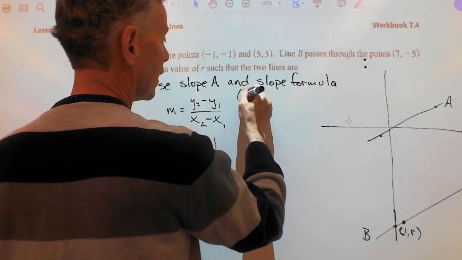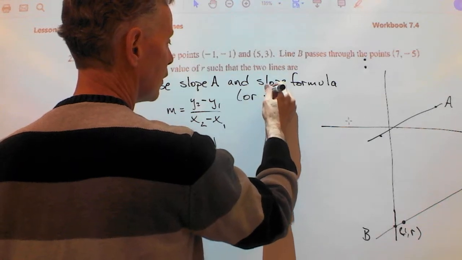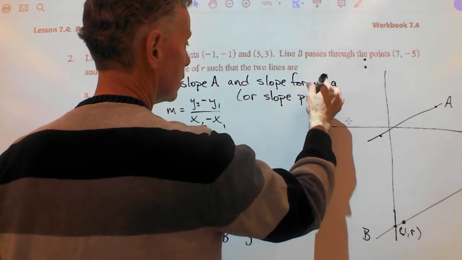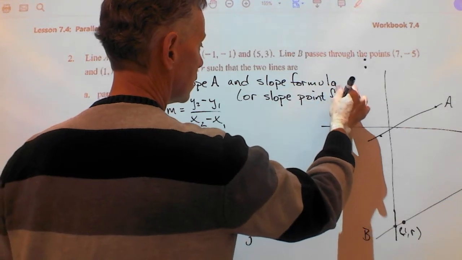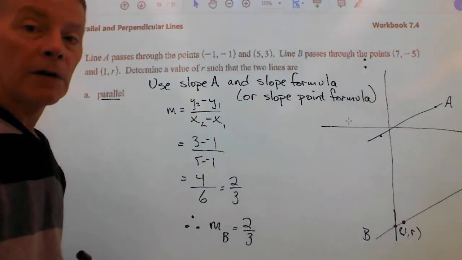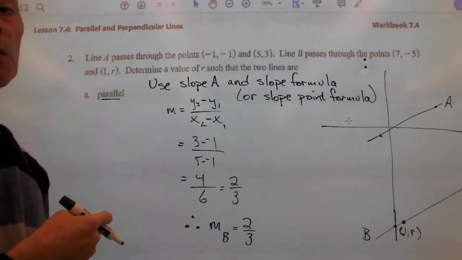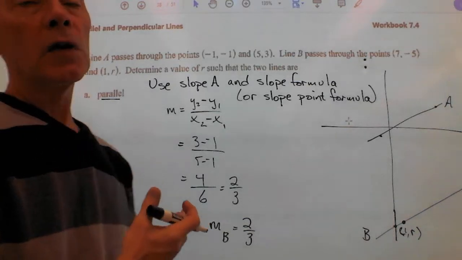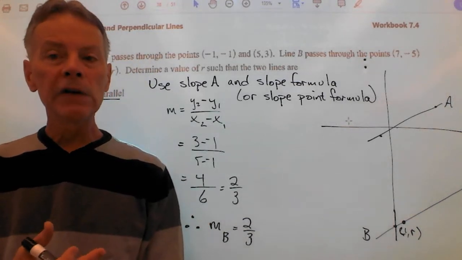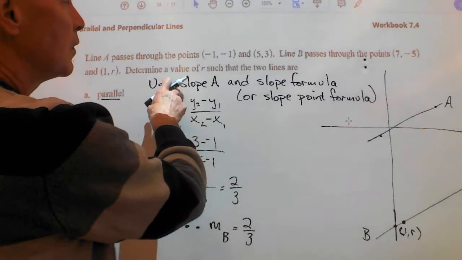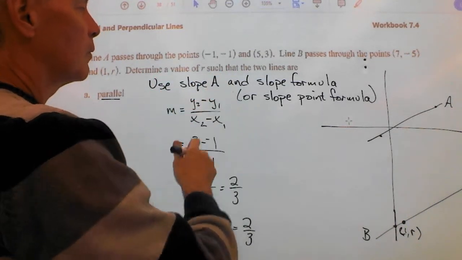And I'll just put in brackets, you can also use the slope point formula because remember, one is just a rearrangement of the other. I like to use the slope formula because it tends to result in fewer dealings with fractions. Okay? So, use the slope of A and the slope formula